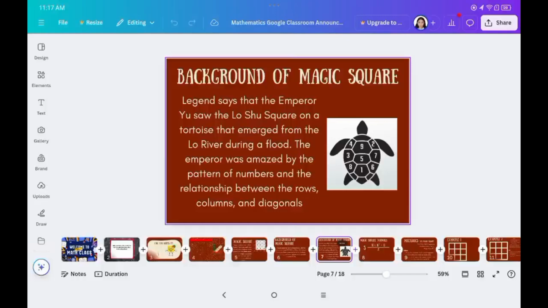According to alamat ng Chino, ang unang magic square ay sinasabing natagpuan sa likod ng isang pagong. Ang China ay nakaranas noon ng malalang pagbaha. At isang araw, napansin ng emperador ang isang pagong na may mga kakaibang marka sa likuran nito na lumitaw mula sa baha sa Lu River. Matapos ang maingat na pagsusuri, natuklasan nila na ang marka ay kumakatawan sa mga numero at pattern na gumawa ng isang magic square. So, sa mechanics,